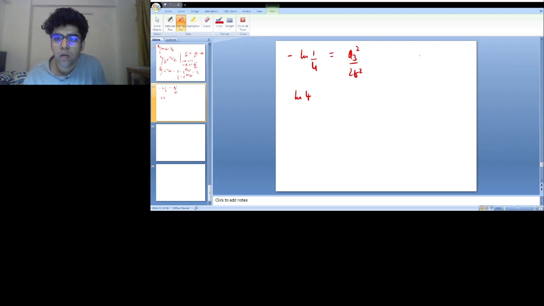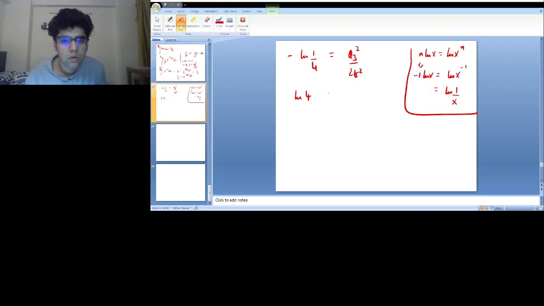So this is a property, n ln x is ln x to the power n. So if I have minus 1 here, minus 1 ln x gives me ln x to the power minus 1, which becomes ln 1 upon x, right? Just remember this. So this becomes q3 square by 2b square, which is q3 square equals 2b square ln 4,